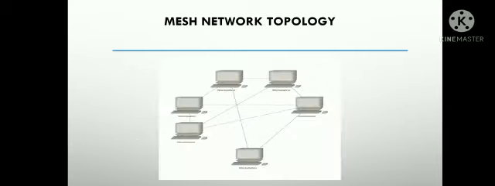Next point is mesh network topology. A mesh network is a network topology in which each node relays data for the network. All nodes cooperate in the distribution of the data. Its working: mesh networks operate in two ways, by either routing the data or flooding the data. When you are routing a message in a mesh network, it progresses along a predefined path, hopping from node to node until it reaches its destination.